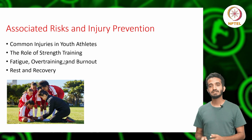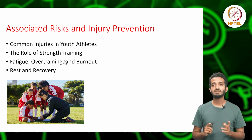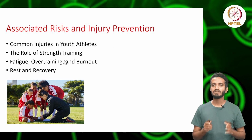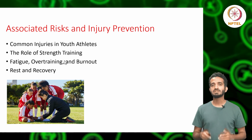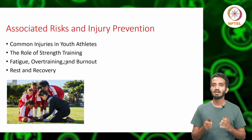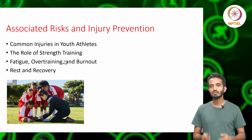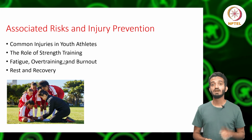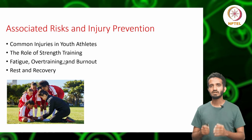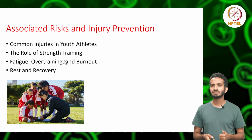Recognizing the signs and differences among fatigue, overtraining, and burnout is crucial, especially for youth athletes who are still growing. Being equipped with this knowledge can guide interventions and prevent potential long-term negative effects on an athlete's mind and body. Let us look at some signs that will help us understand if an athlete is fatigued, overtrained, or even burnt out. Here are some physical signs: persistent muscle soreness, weakened immunity leading to illness, a decline in performance, sleep disturbances,